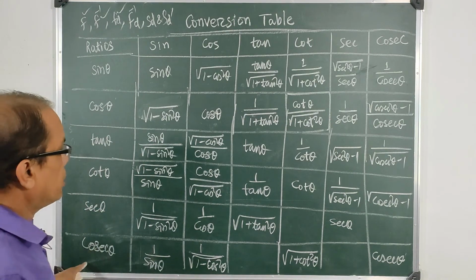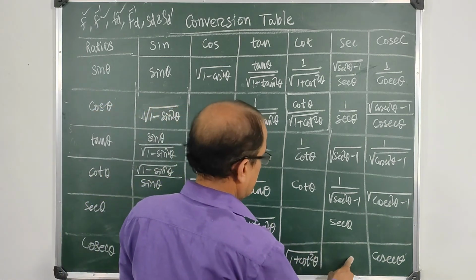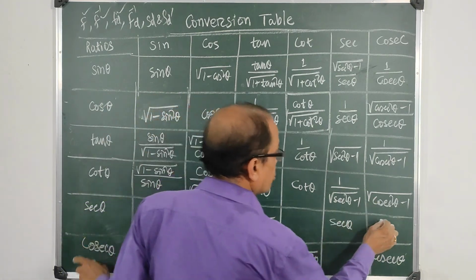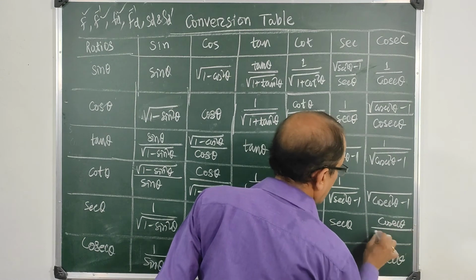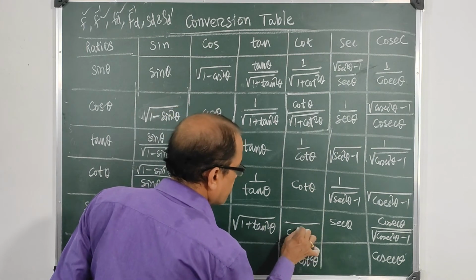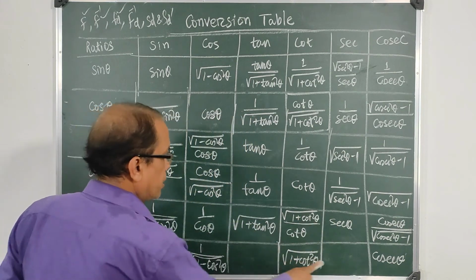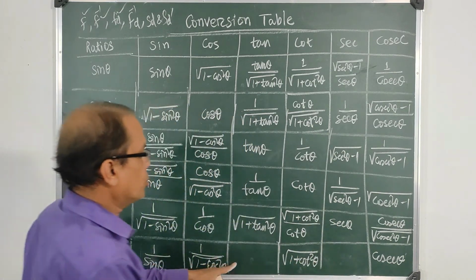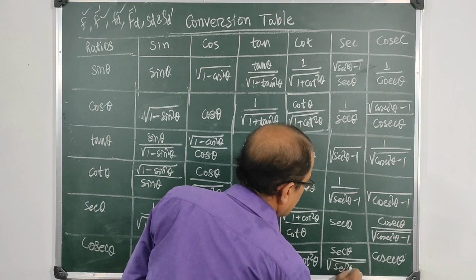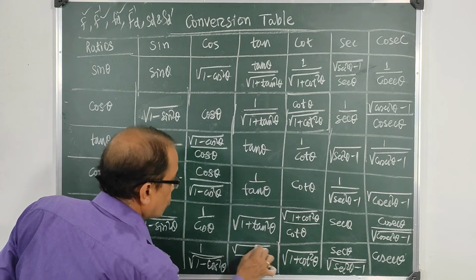Now you see for sec and cosec the places left are cot and cosec for sec, and tan and sec for cosec. So sec theta is clearly cosec by cot, so keep cosec theta here, change cot theta to root over cosec square theta minus 1, and keep cot theta here but change this one to root over 1 plus cot square theta. Similarly between tan and sec, since cosec theta is greater than 1, this will be sec theta by tan theta, so sec theta by tan theta will be root over sec square theta minus 1, and this one will be keep tan theta here and root over 1 plus tan square theta.